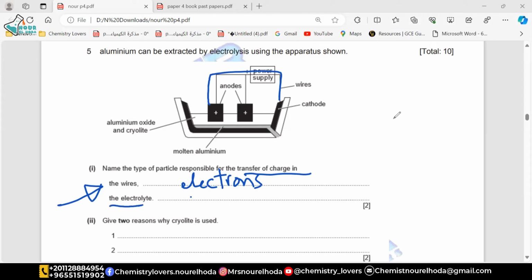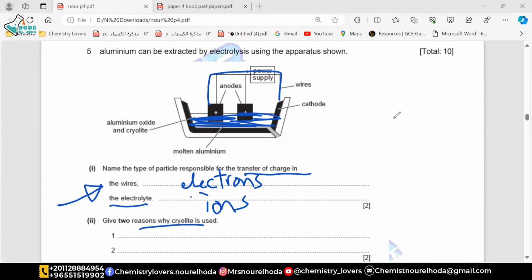Then the electrolyte, I'm going to say free moving ions. This area is the electrolyte. So electricity passes in the wires because of free moving electrons, and it passes in the electrolyte because of the free moving ions. Then: give 2 reasons why